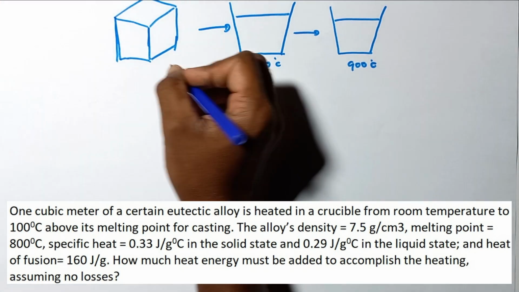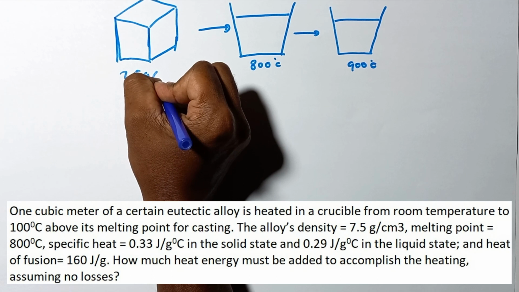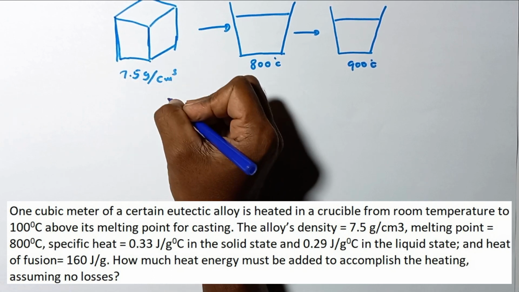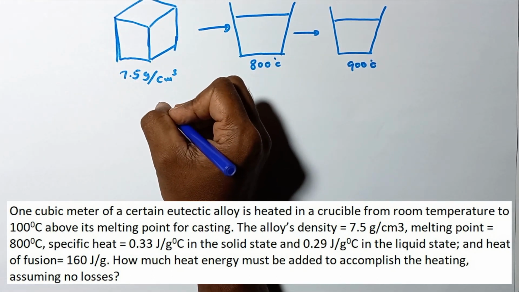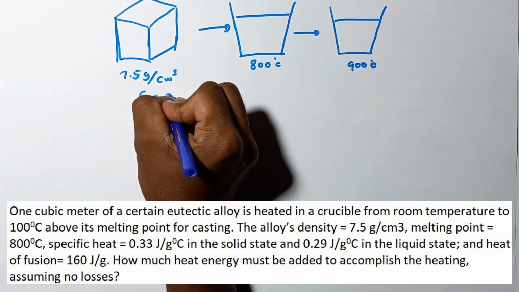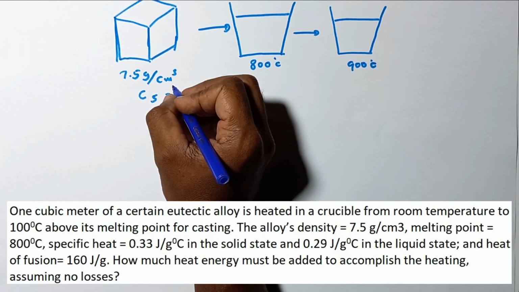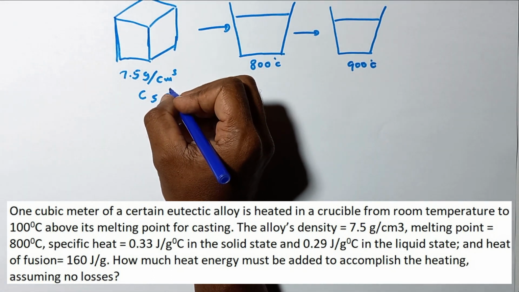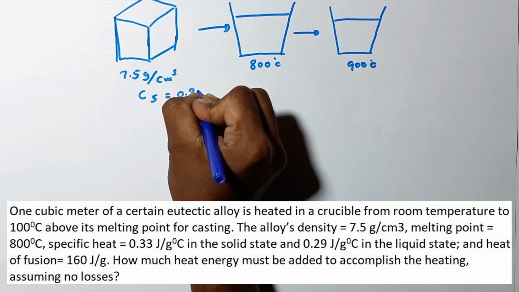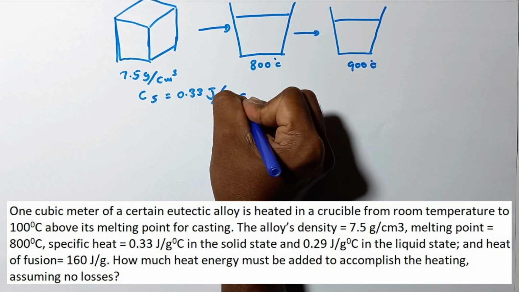The alloy density is equal to 7.5 gram per cubic centimeter. Similarly, the specific heat capacity is also given, Cs for solid, that is 0.33 joules per gram Celsius,